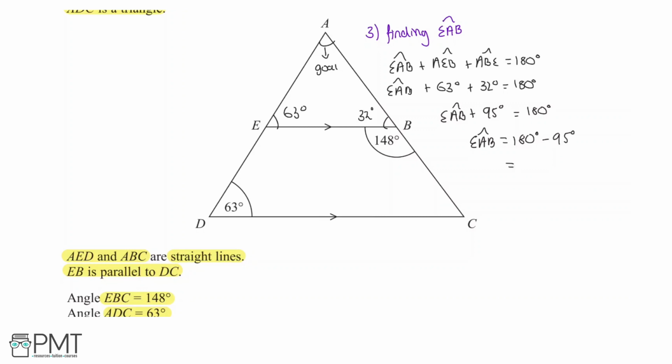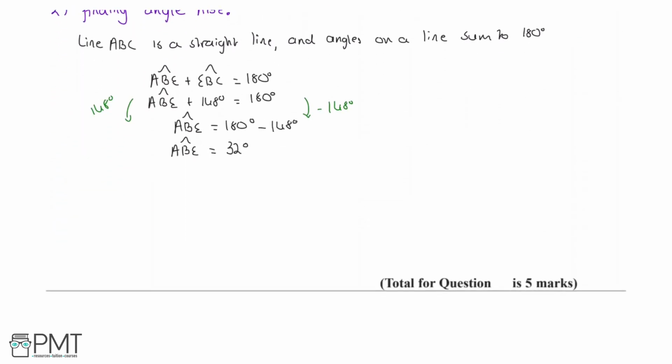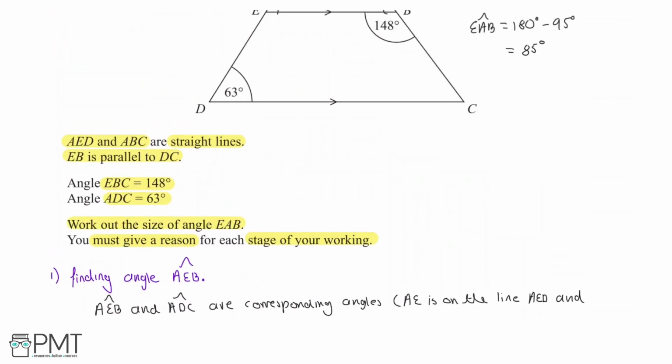To get from 95 to 100, you add 5 degrees. To get from 100 to 180, that's 80 degrees, so that is 85 degrees, like that. And we can say, in conclusion, that therefore, angle EAB equals 85 degrees. Okay, and before we finish, we're just going to add some justification to our working up here,